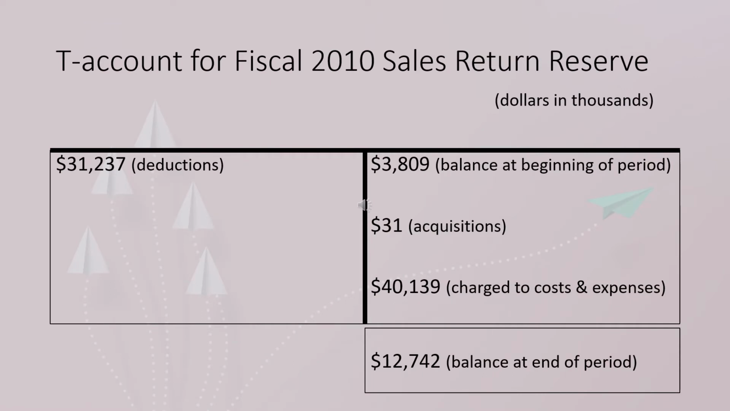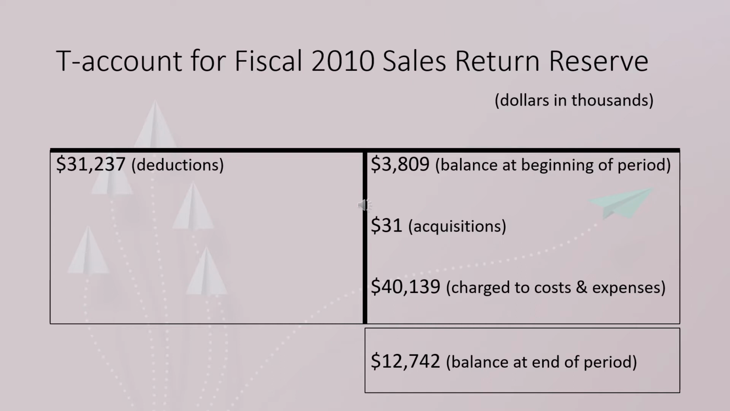Here I have prepared a T account for fiscal 2010's sales returns reserve. Included are entries for the beginning and ending balance, acquisitions, amounts charged to cost and expense, and deductions. The amounts listed below are found in the 10K under Schedule 2, Valuation and Qualifying Accounts, for the fiscal year ended